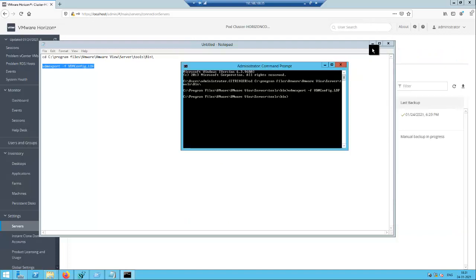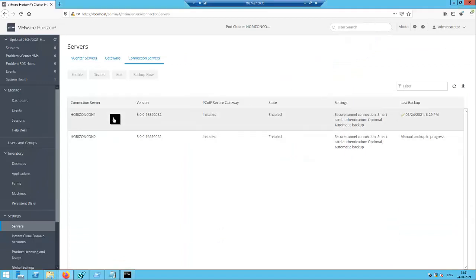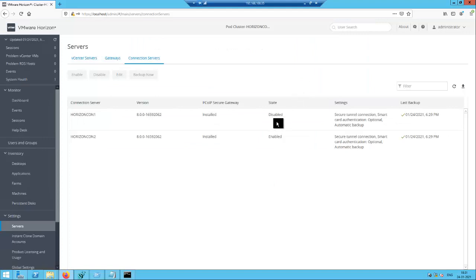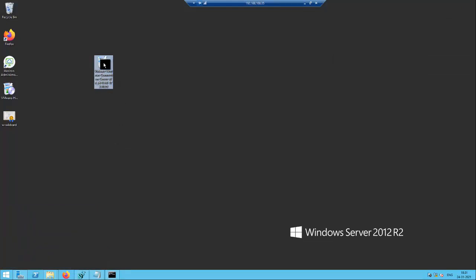Now we are going to disable this connection server to upgrade. First disable this connection server 1. Here you can see disable. Now you can close this window, just launch the exe file to upgrade it to the 8.2012 version.